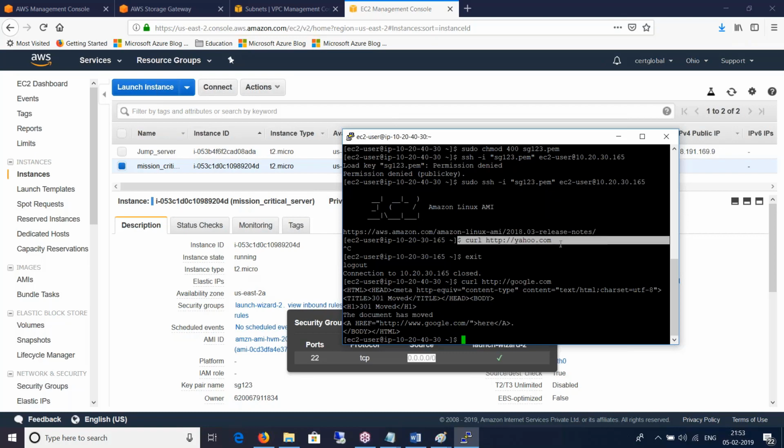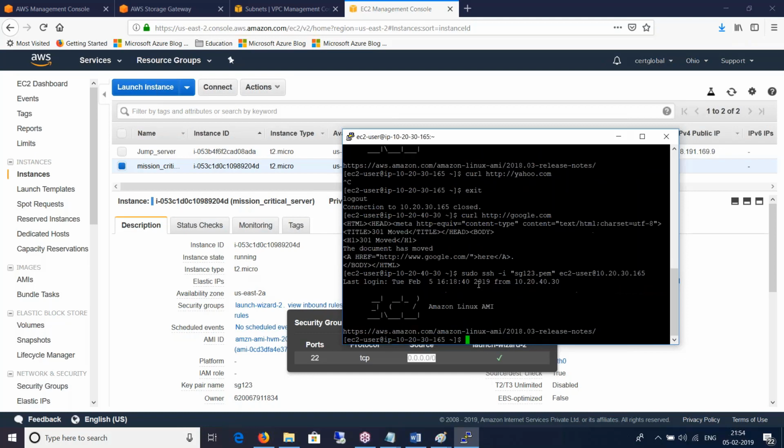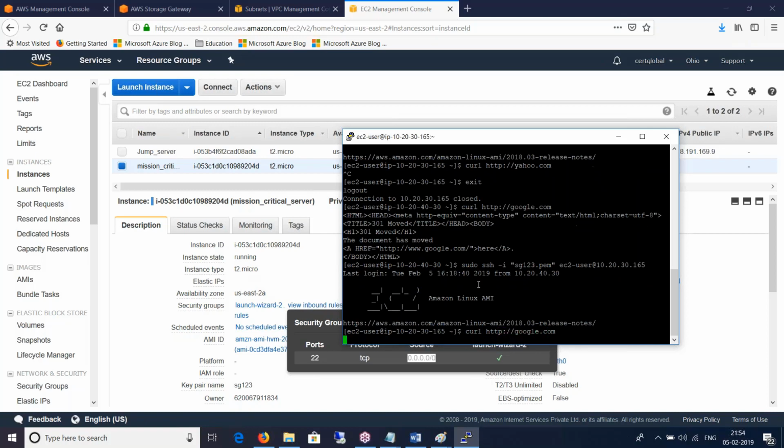But this private machine does not connect to the internet. That's where we need to have a NAT gateway created, so that when we do curl http://google.com, it will connect to the internet. Right now it's not working.